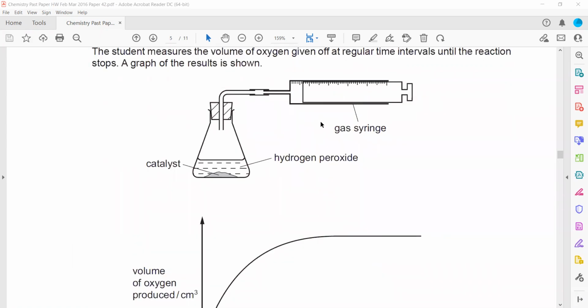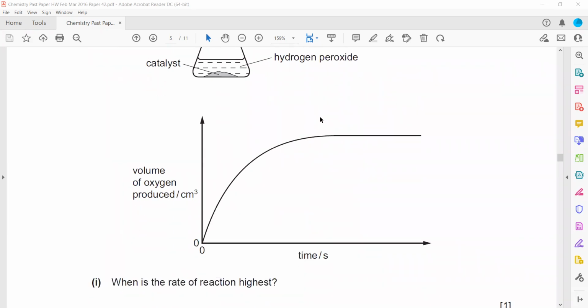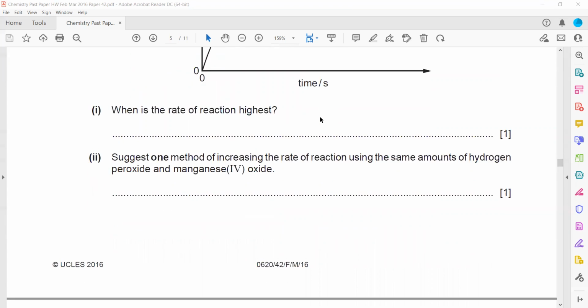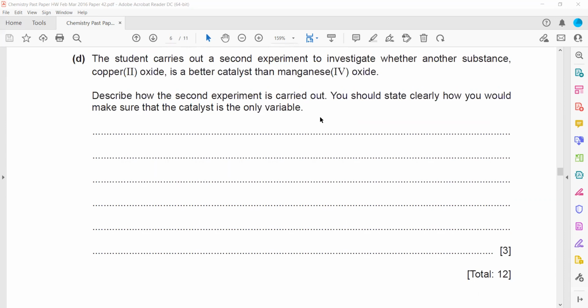So the student carries out a second experiment investigating another substance, copper 2 oxide, to find whether it is a better catalyst than manganese 4 oxide. Describe how the second experiment should be carried out. You should state how you would make sure that the catalyst is the only variable. A catalyst is a substance which chemically remains unchanged. So we want to show that this substance is a catalyst. So we will take equal volume of